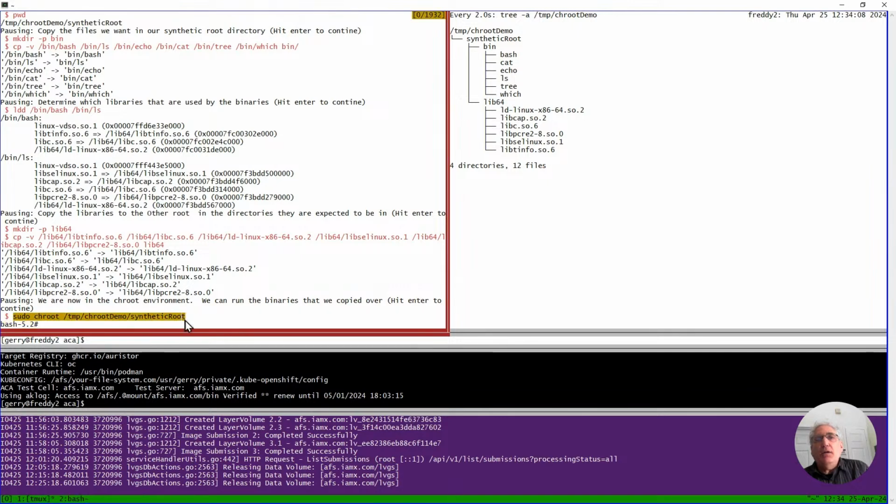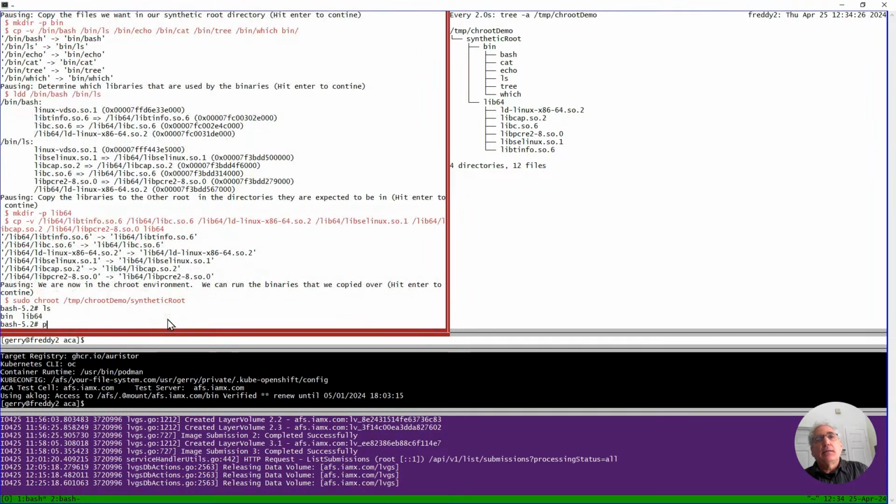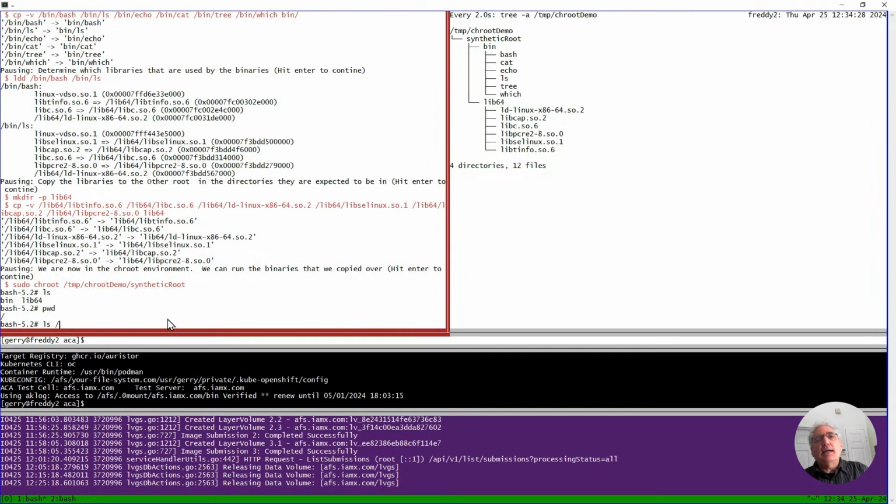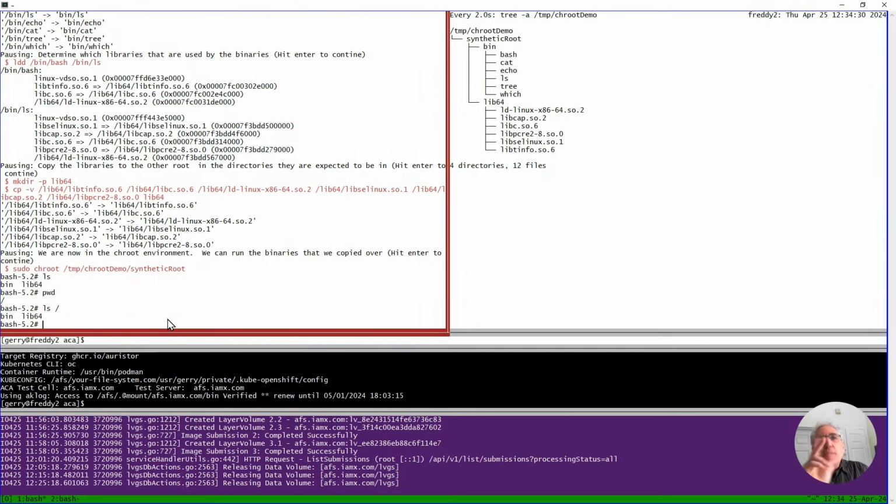I just said I want to start a shell in a clean system that doesn't have my home directory, my root directory, but it has the other guy's root directory. So if I do ls /, I don't see the files on my computer. I just see this synthetic directory.